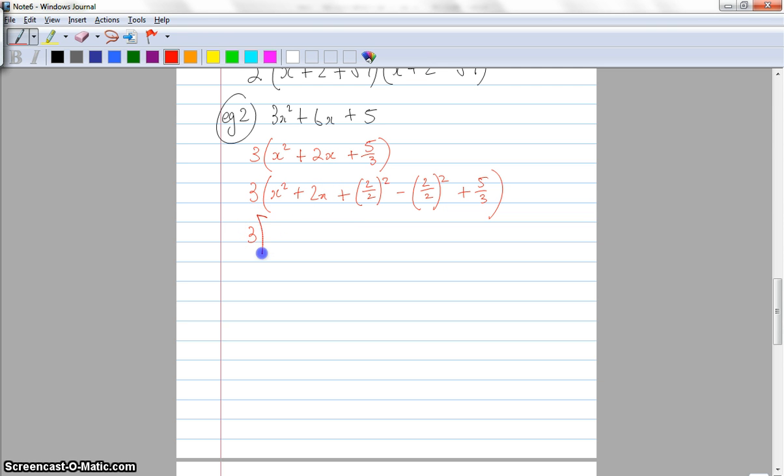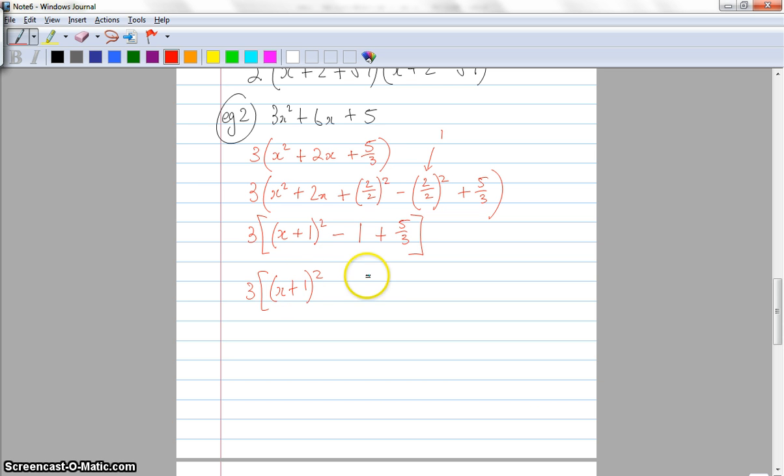So now that becomes 3, and these three terms here, 2 over 2 is 1. These three terms here crunch down into this (x plus 1) squared, minus 1 squared, which is 1, plus 5 over 3. Now I'm just going to add those two things together there. So 3 times